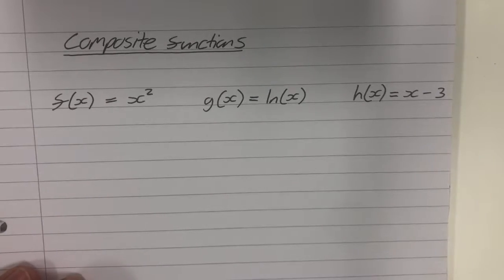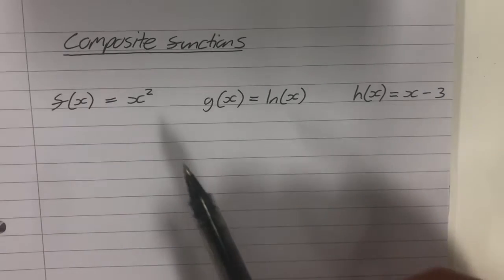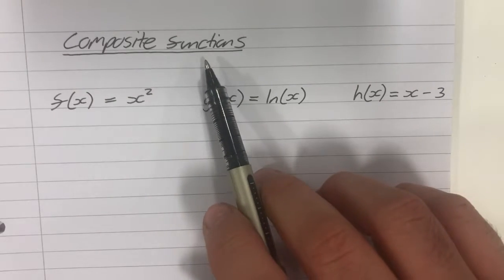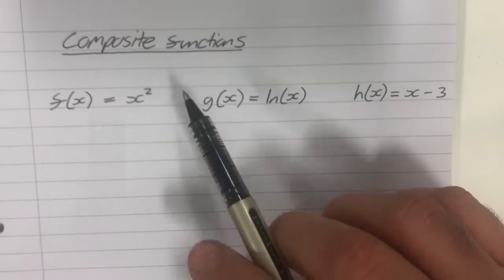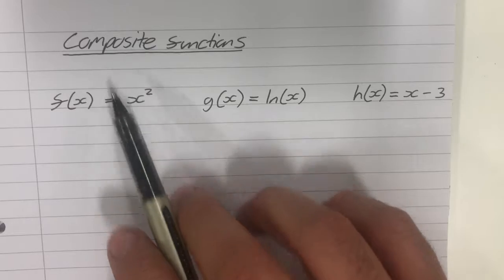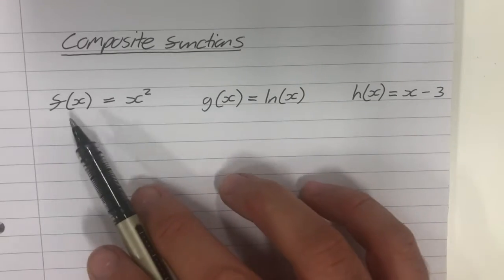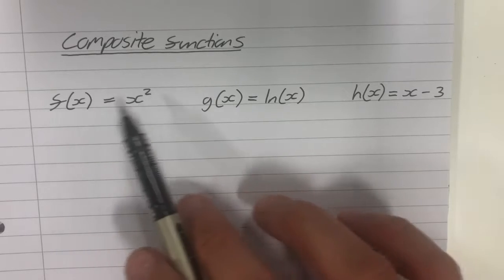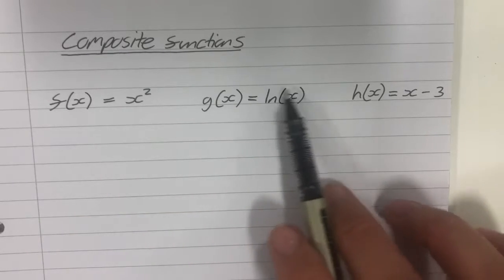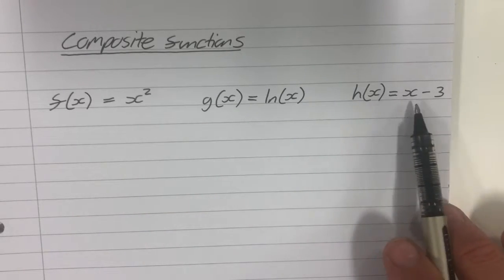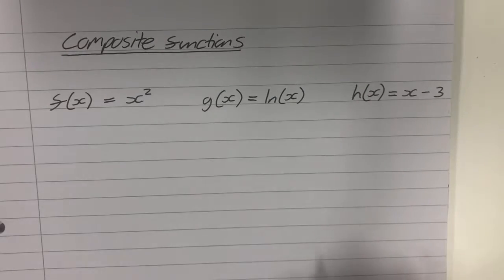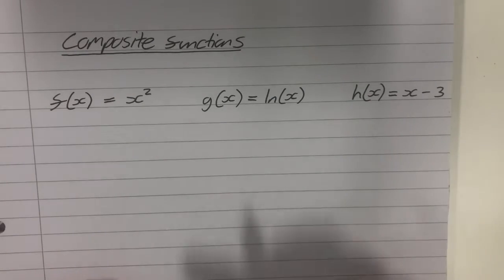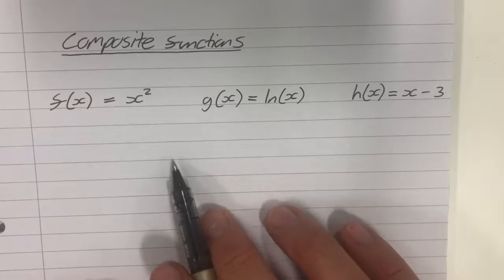Okay, quick video on composite functions. So this is when we combine two functions together to make another new third function. Here I've got three functions, f of x, g of x and h of x, and they're defined as follows. f of x is x squared, g of x is the natural logarithm of x, and h of x is x minus 3. Now we can composite functions together, so we can take f and g and